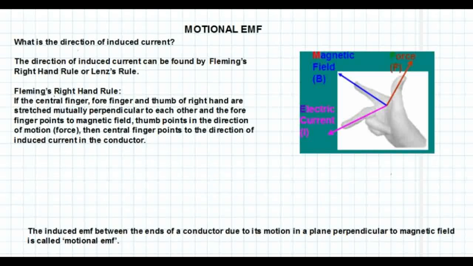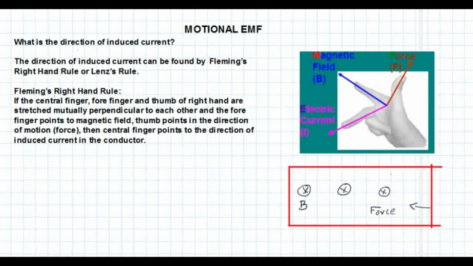Now using this Fleming's right hand rule, we can find the direction of current induced in the previous coil or in the previous frame. So for that, again I am redrawing it. So this is the frame that we had just drawn, and this is the side RS, right, which was moving towards side PQ, and this is the magnetic field.